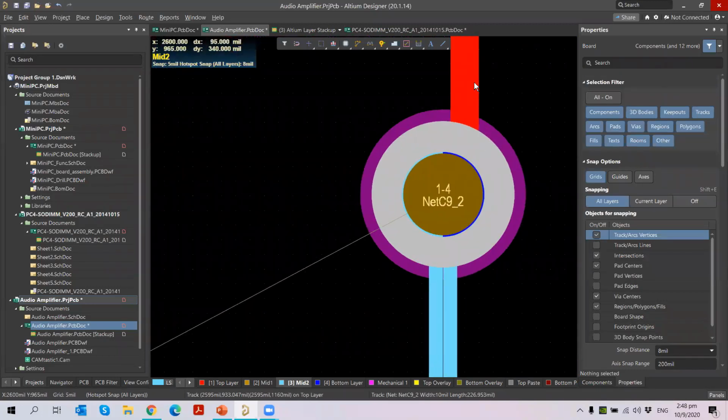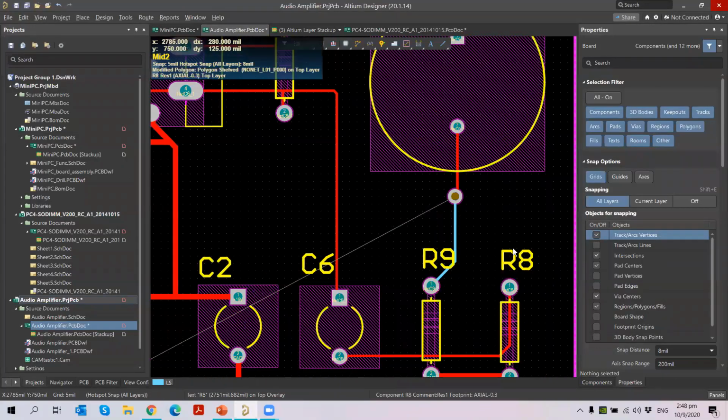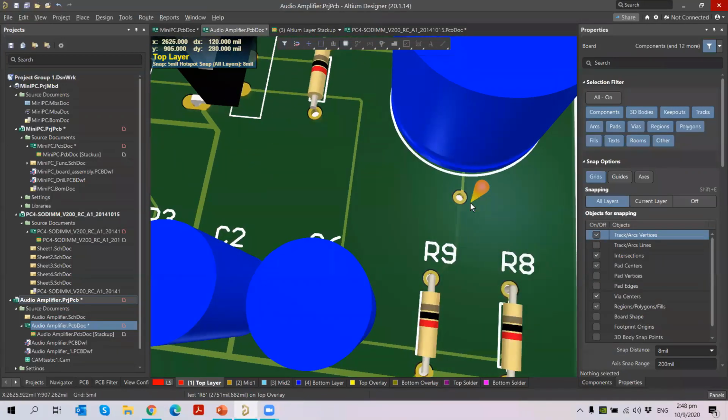Once I'm doing the routing between the first layer to the third layer, since I'm using the through hole via, remember that you can see the back drilling is done between the third layer to the fourth layer. Because on the bottom layer and the mid 2, I don't do any connection, that layer will be back drilled. If you want to see it in the 3D view, you can just press 3, and then let me show you here. You can see the black color.